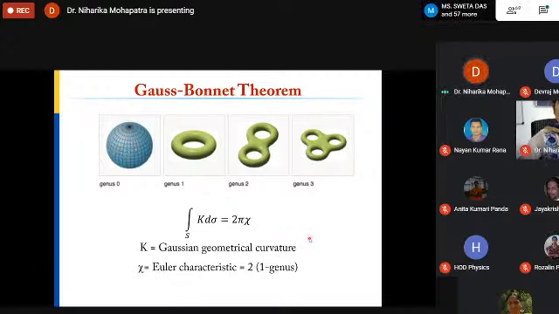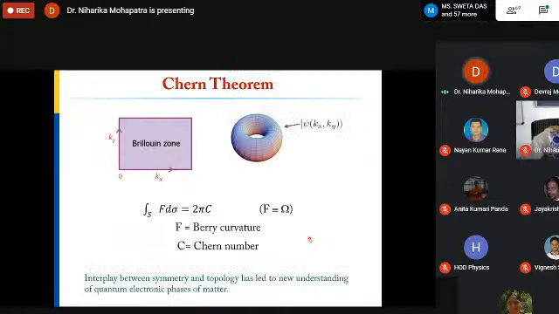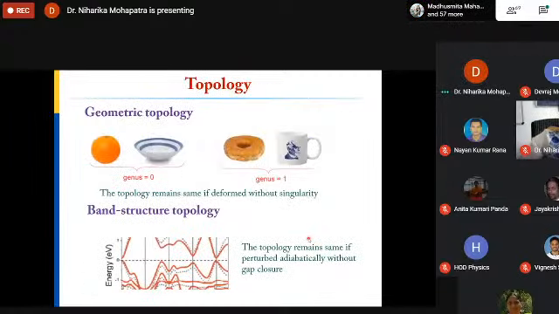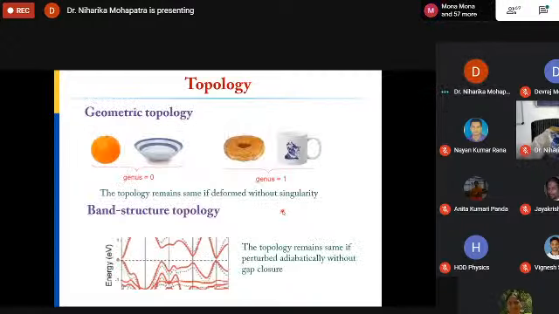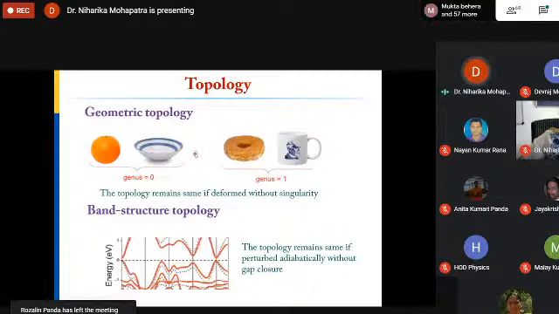So there is a connection between topology and this particular symmetry, or you can say the Hall conductivity. So we can connect this because if you look at the band structure, there is a geometric topology here, genus 0 or 1. And in the band structure, what we relate with this topology is